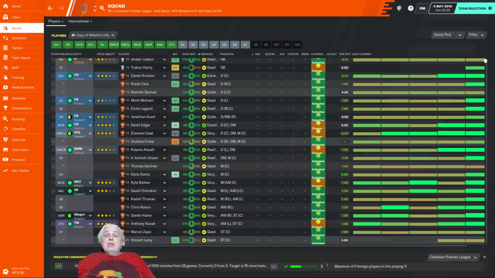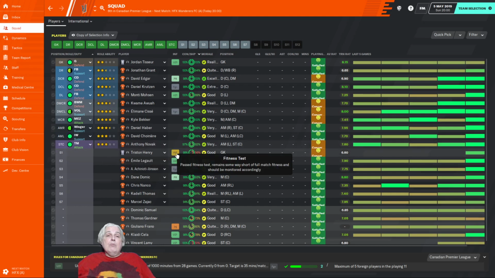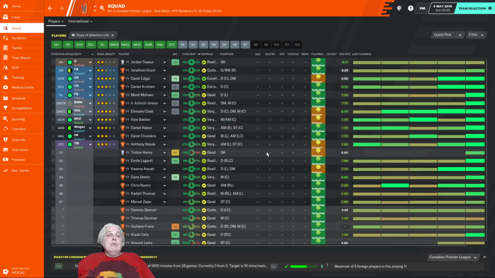We are going, as a result, to play a couple of guys who would maybe not normally get the start. Tristan Henry's going to start on the bench. He's just coming back from an injury, and while he can play, he's not in great shape yet. So we'll let Jordan Tisseur take the game. And Monty Mosen comes in at left back, just because I want to let the secondary players get their games in. So I'm going to actually bring in Akinoti Jonsson for Kwame as well. Just an extra,